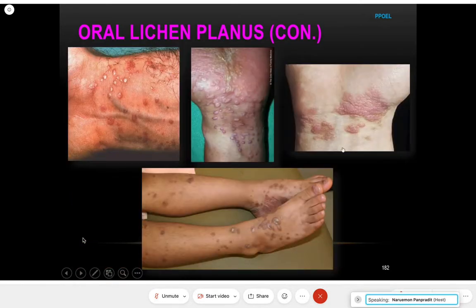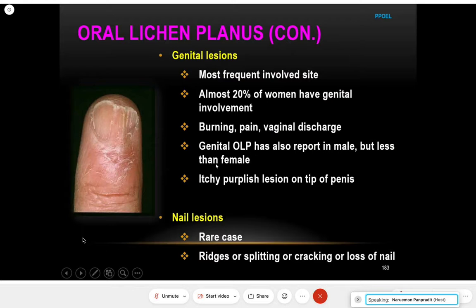This is an example of the skin lesion. Violaceous or pink papules on top, sometimes with Wickham striae. Another area of lichen is the genital area. Most commonly in women it involves mucosa, like the oral mucosa but genital mucosa. Patients may report burning pain with vaginal discharge. In males, they may report itching and a purplish lesion at the tip of the penis,